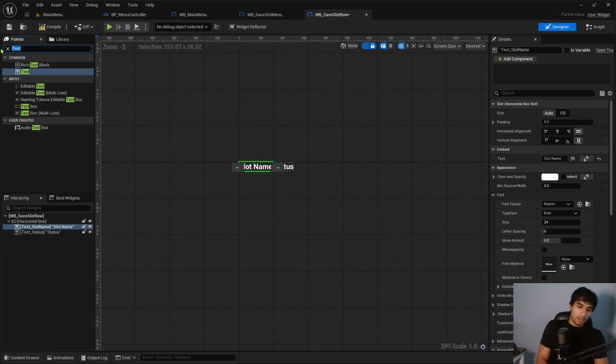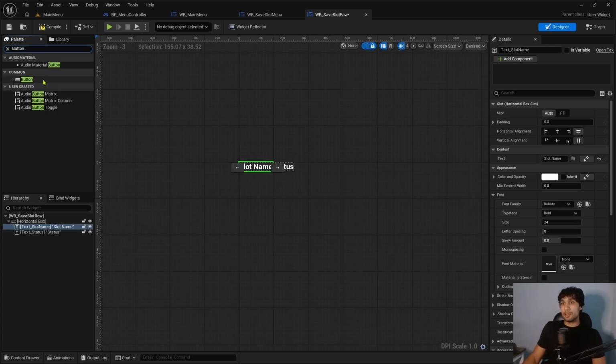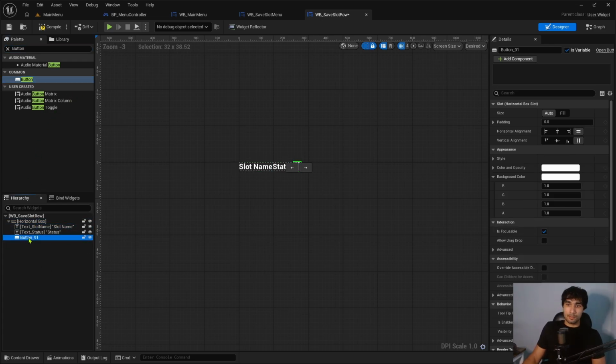I should add some buttons. So I want to add the load, new, and delete buttons. So let me just do this. And now that we've figured out our issue, I'm just going to hit Control D and Control D again. Control D for duplicate. And I'm going to rename these buttons, first button for load. I kind of have to look around my microphone in order to see what my hands are doing. Button load